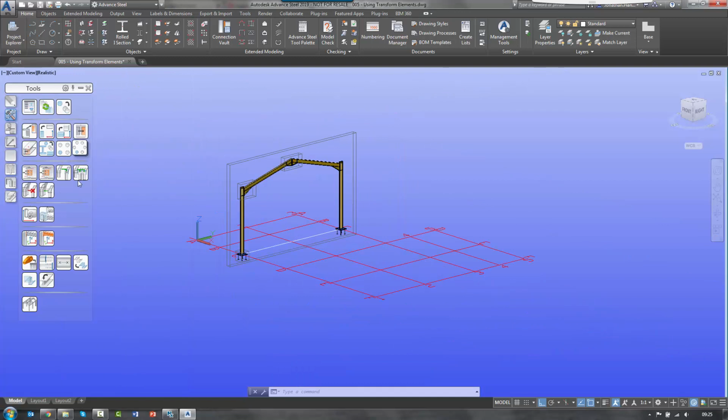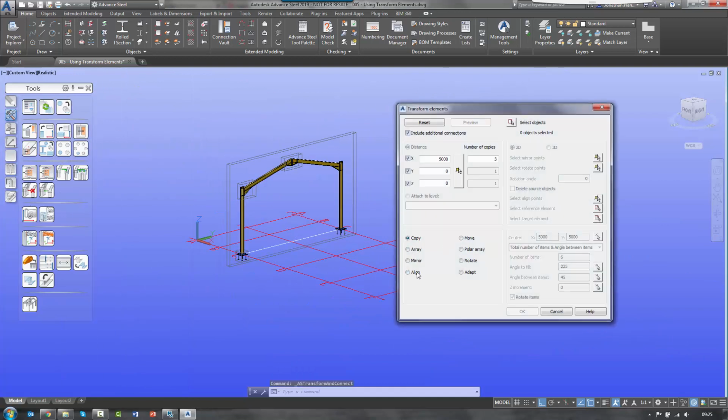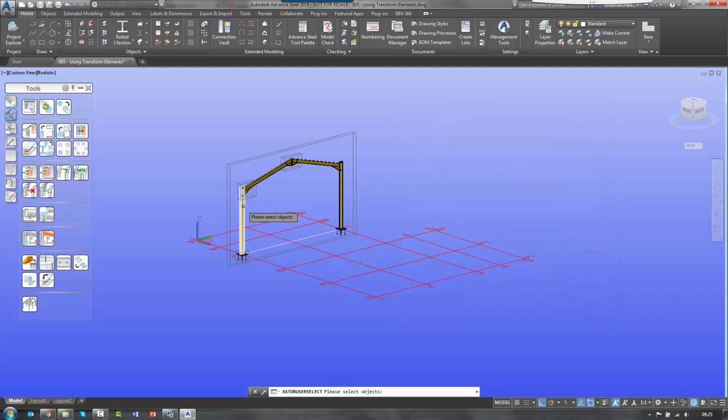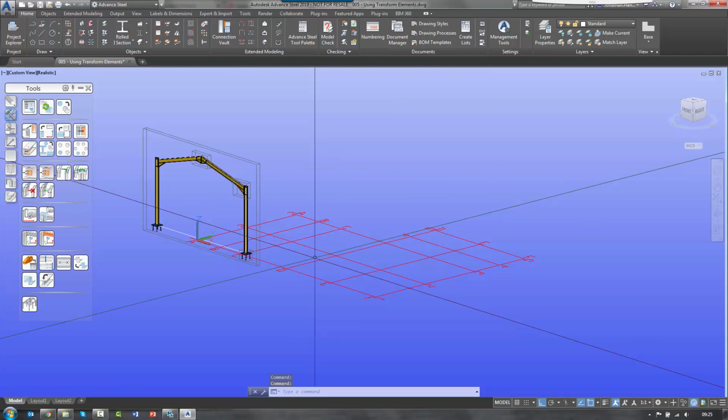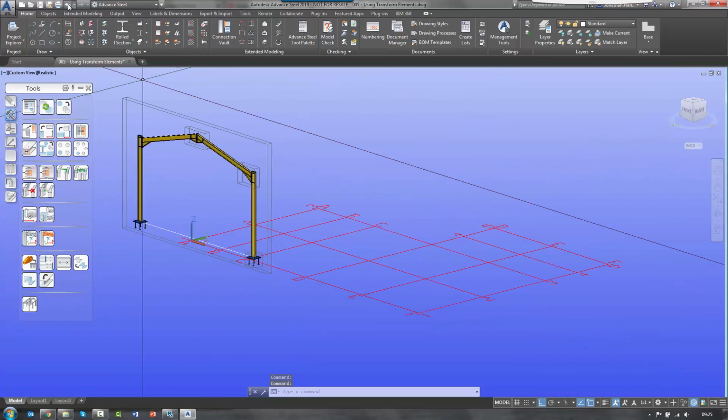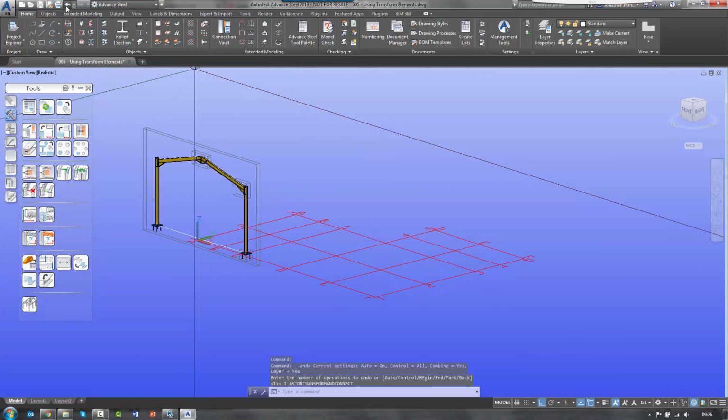Now we start to look at the rotate tool. The rotate tool will allow you to rotate a set of objects. So if I select my objects, I select my outer joint box, and let's say for instance I enter the value of 90 degrees for the rotation angle, delete source objects, select OK, it will rotate those objects 90 degrees. So if I just undo that again,